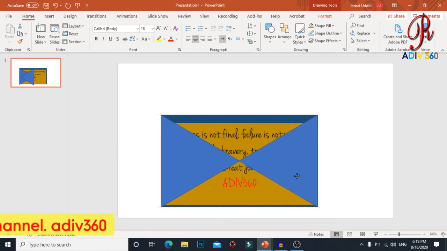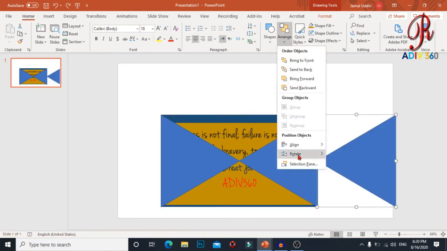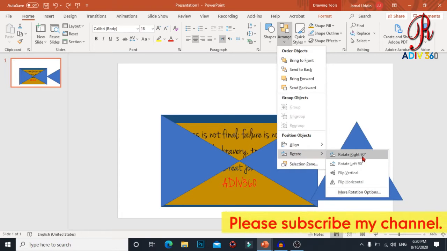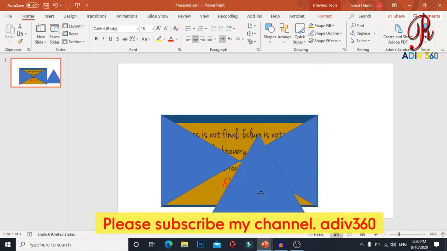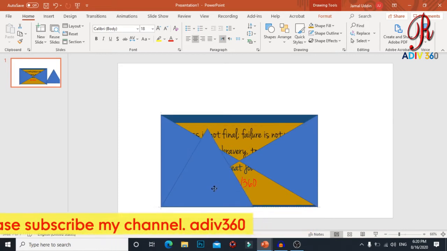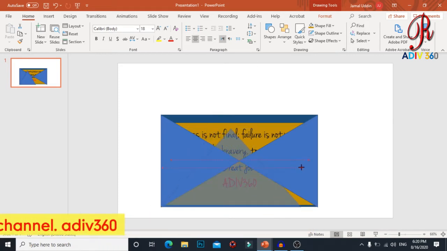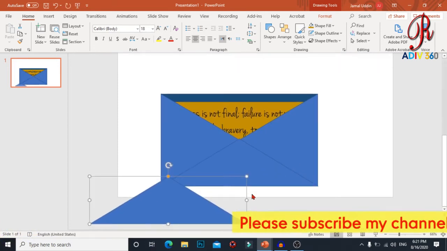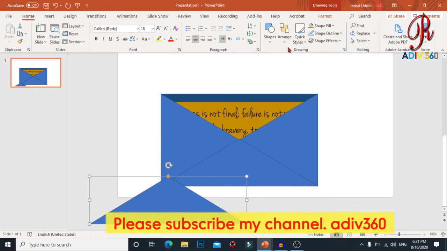Then make a copy of this, pressing Ctrl+D. And let us go to Arrange, Rotate, and rotate right 90 degrees. Then make a copy of this, pressing Ctrl+D.